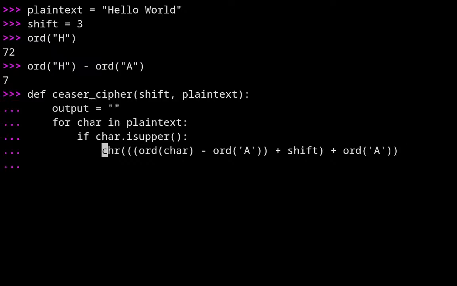Okay, now that we have shifted the character of the plain text, we'll add it to the output result.